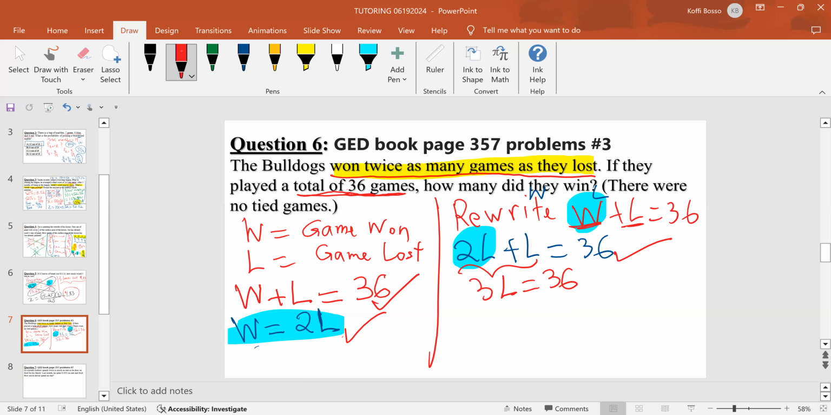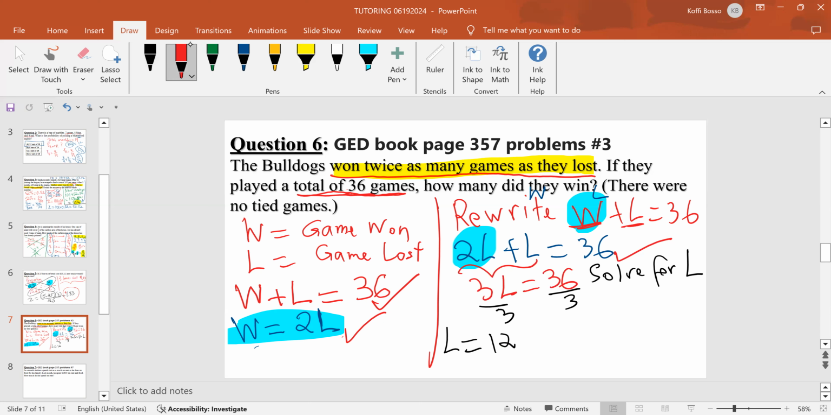So far, so good. Okay, how can we solve for L here? This is easy. We just divide by 3, and L gives me 12. But this is not yet the answer. This is just one part, because we found out the games that they lost. Now we can do something about it. We know the total games they played is 36, minus